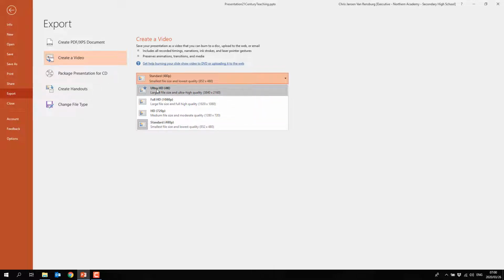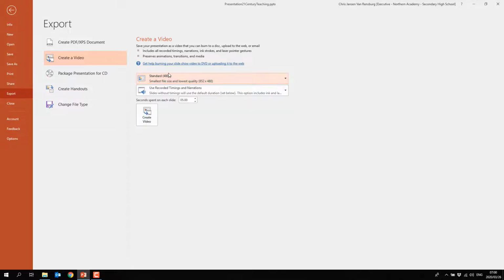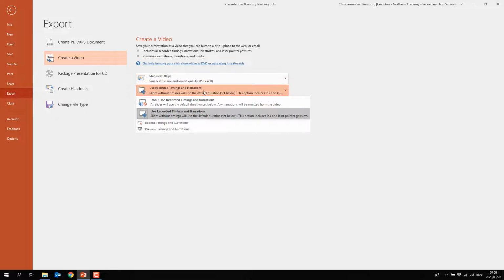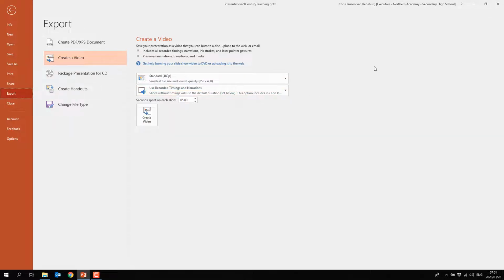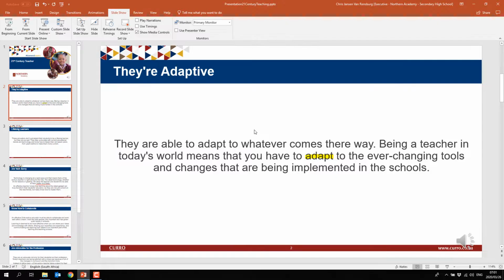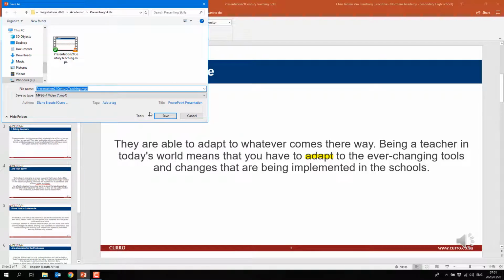So obviously the higher the size you choose, the better the video quality will be, but you need to take note, the higher the video quality, the larger the file. So I would recommend just starting off with standard. Then you'll see by default it says use recorded timings and narrations. That's what you have done, how you've clicked the slides, how you've talked through it, how you've written through it, all of that. And then the last step is just simply say create video, and you choose your folder path,